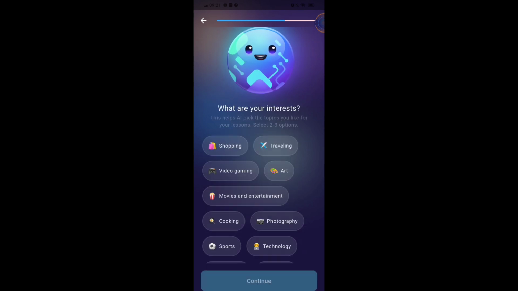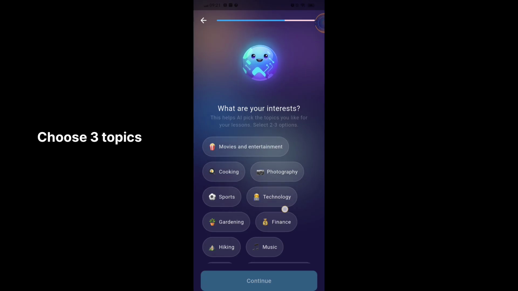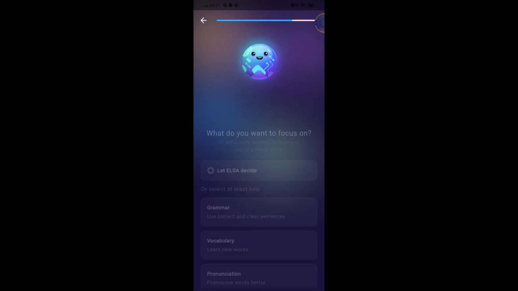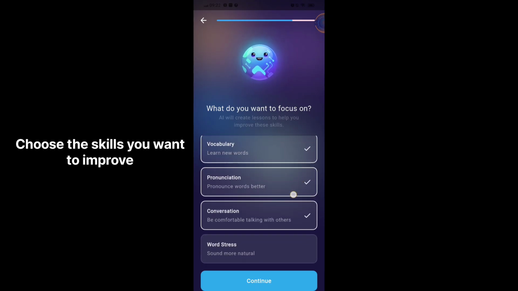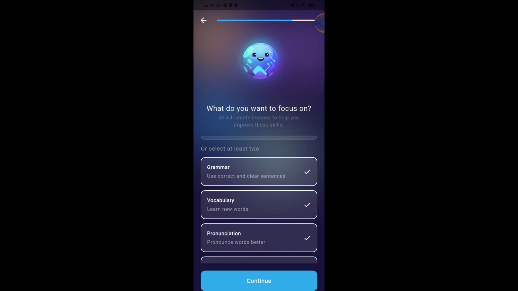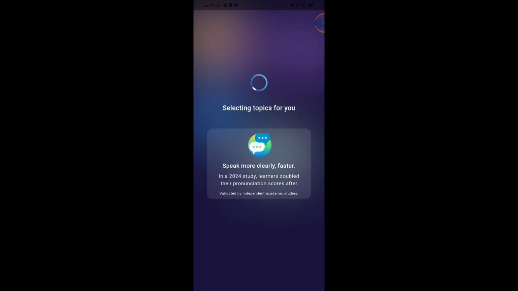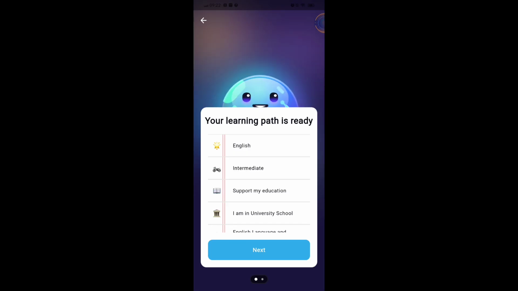What are your interests? What do you want to focus on? Plan summary.